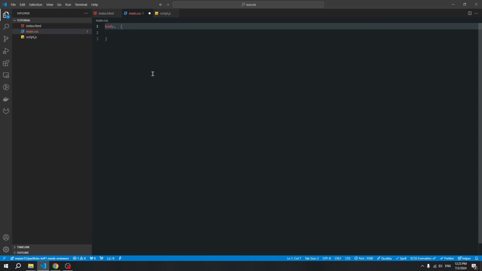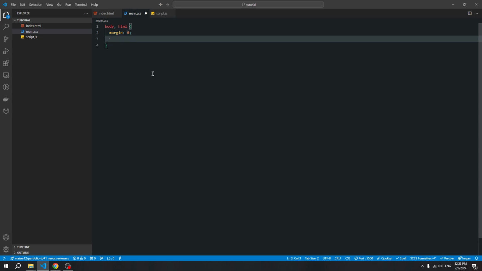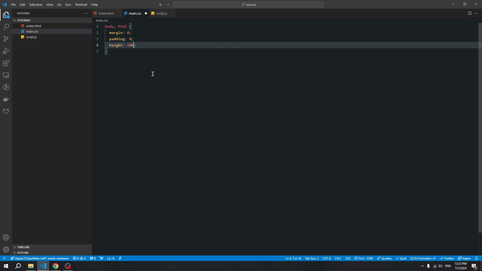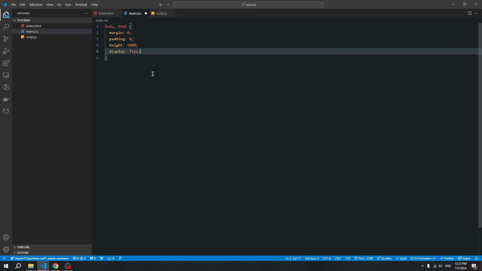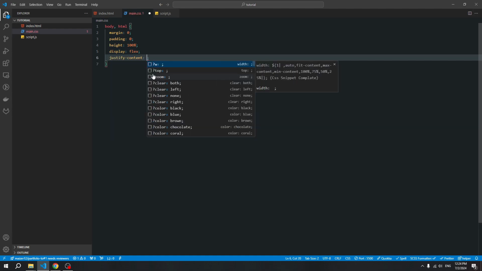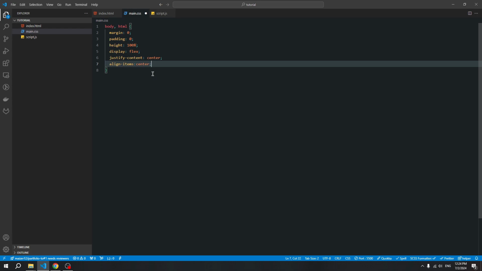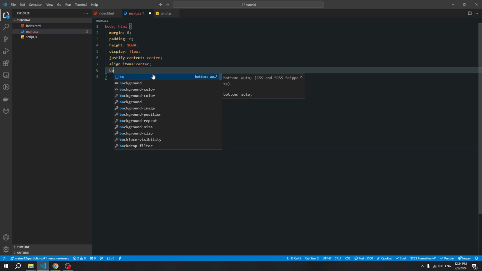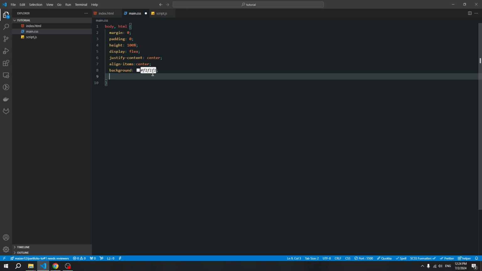Okay, open our style, and first we need to add styles for our elements, body. Also add for HTML and add margin 0, padding 0 and height 100%. And also add display flex because we need to position our element inside in center, and add justify content center, align items center, and create some background using background. Add light